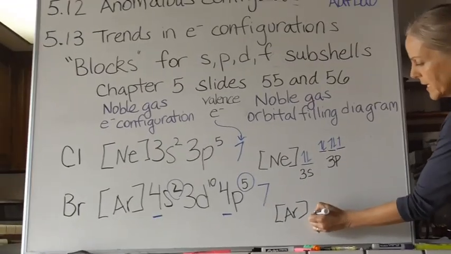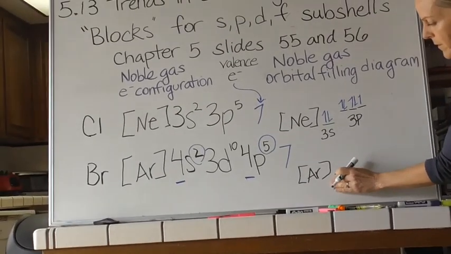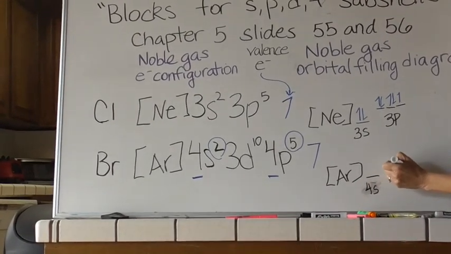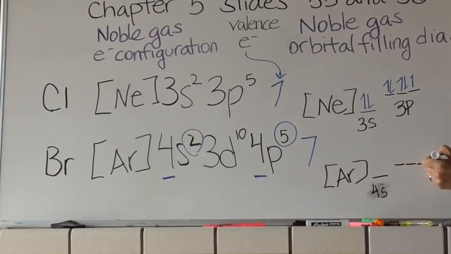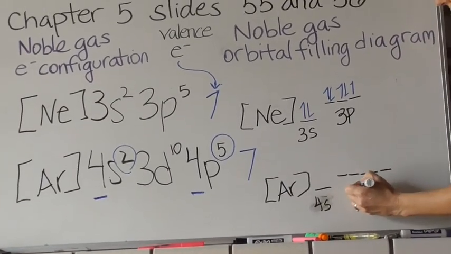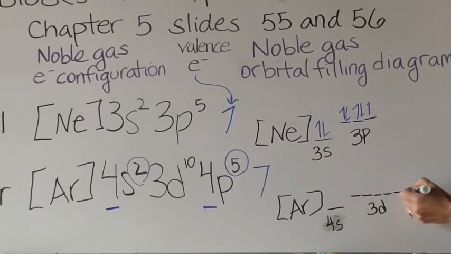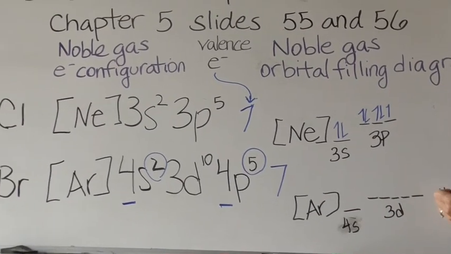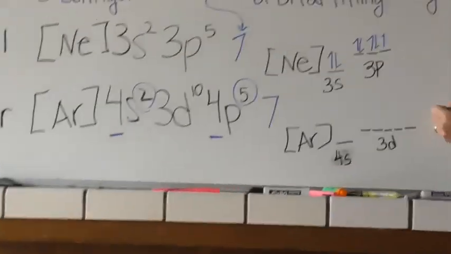So really quick, 4s, 3d, if you look back at D on that chart that summarizes all of these, how many orbitals are in an S, a P, a D, or an F,